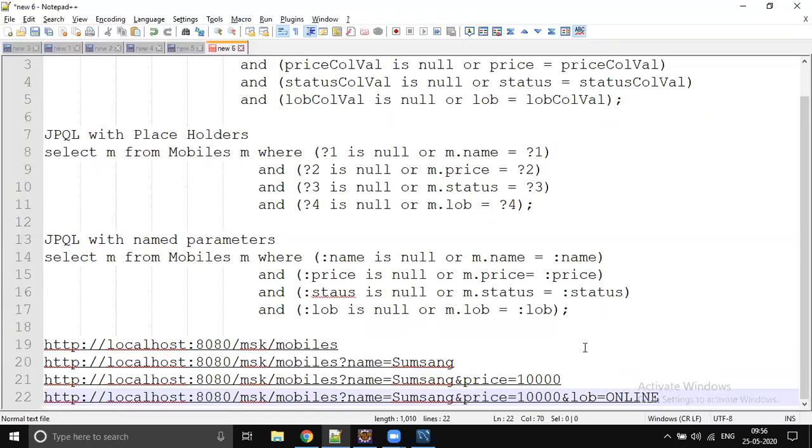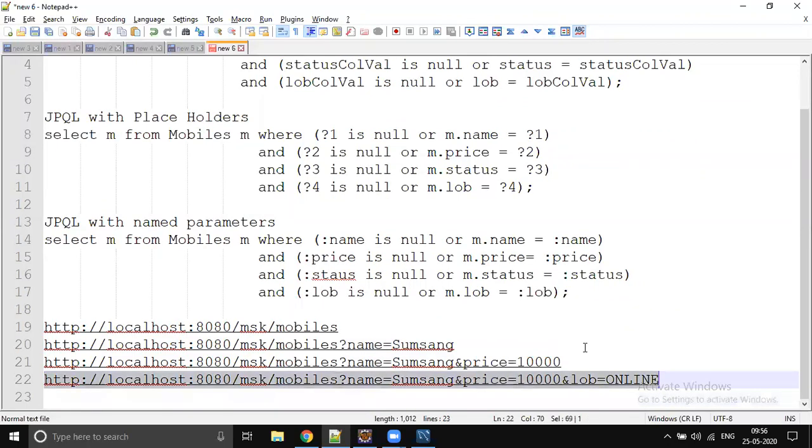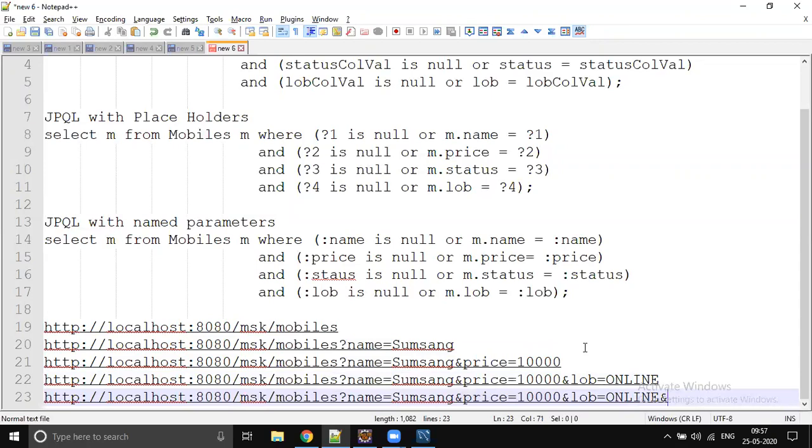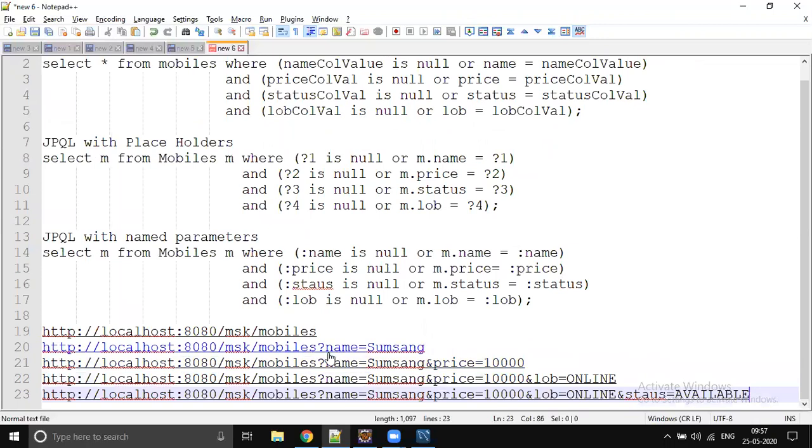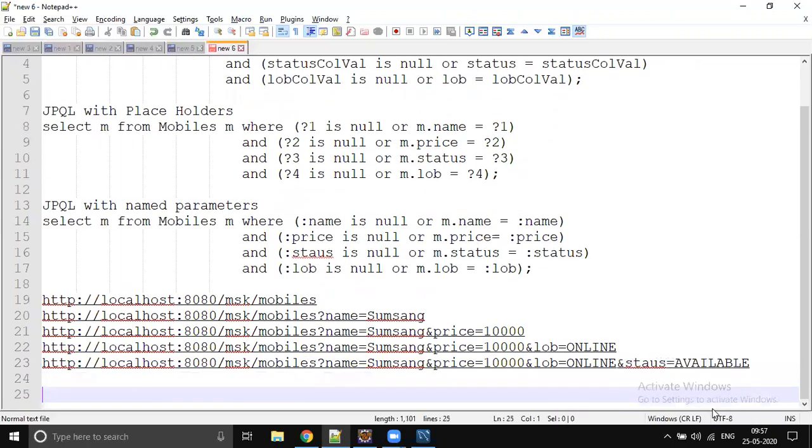Still the same code, the same method should give the result, right? And if you apply status equals available, then it's going to be one method. We will write only one method, but it accepts all these optional parameters, right?